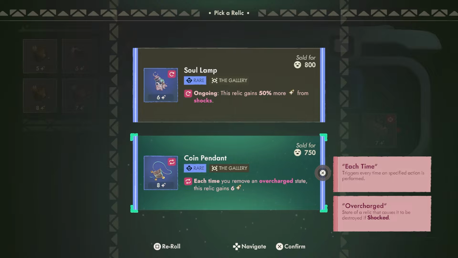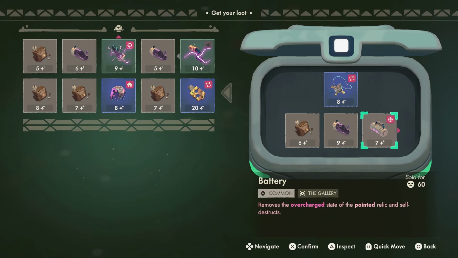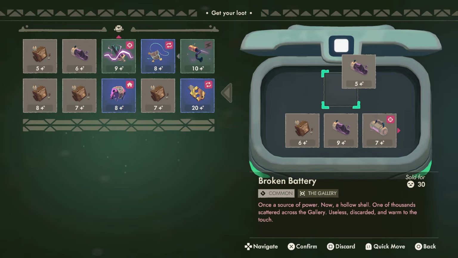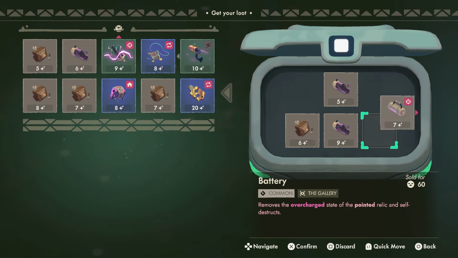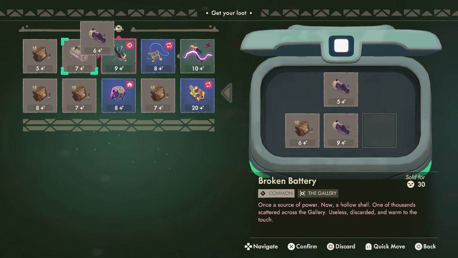Or we can get the coin pendant. Each time you remove an overcharged state, this relic gains 6 value. I think we'll be doing that a lot. And we have a battery that removes the overcharged state from something. So, pretty much, yeah. We want that. Let's remove the overcharged state from...